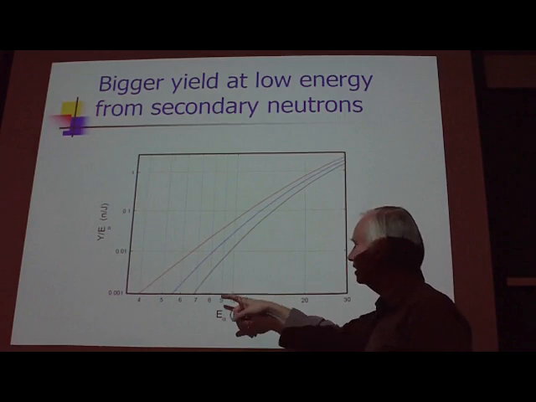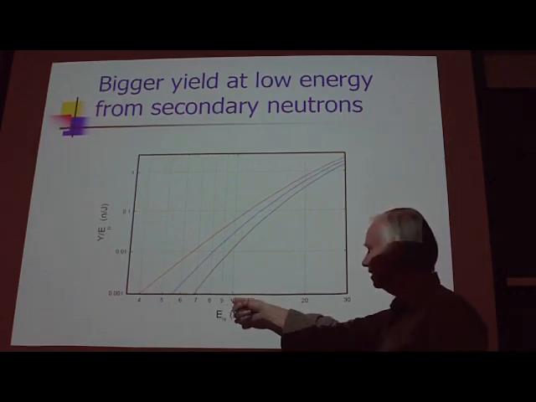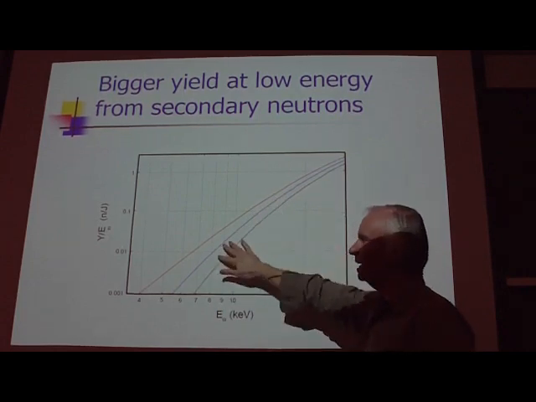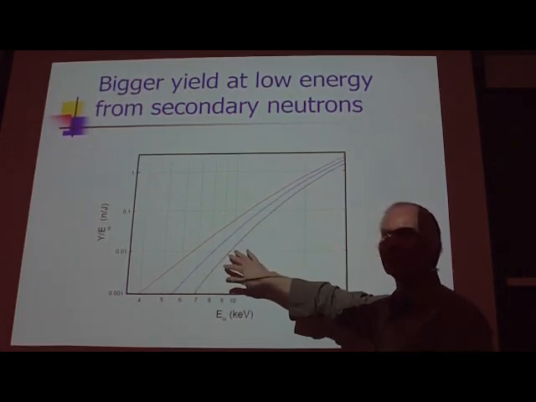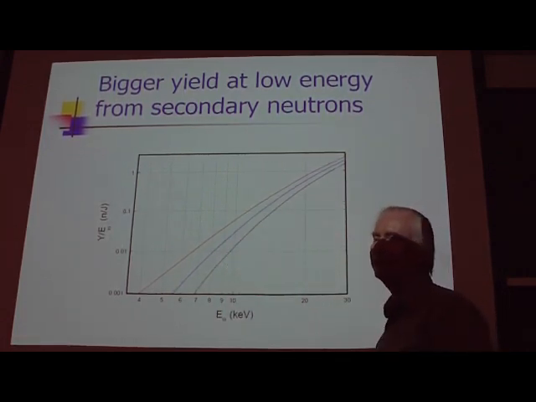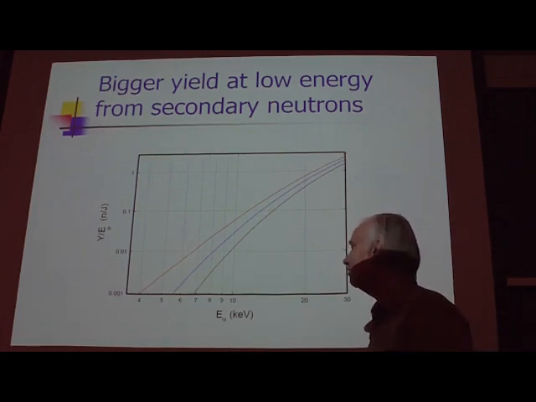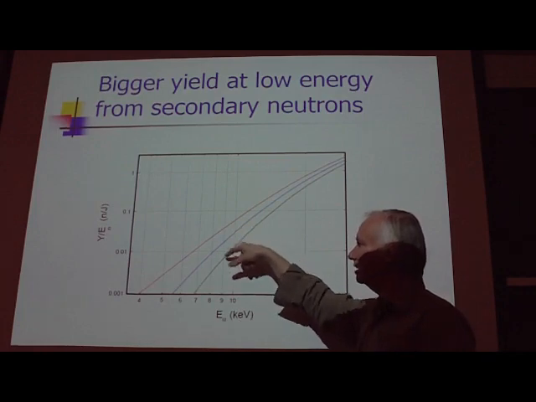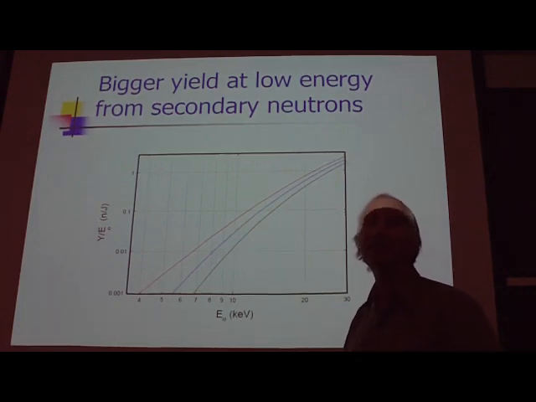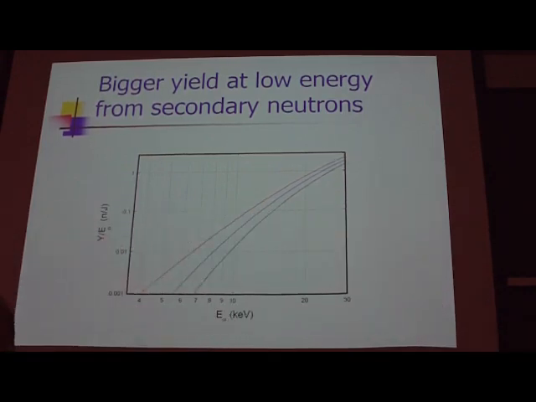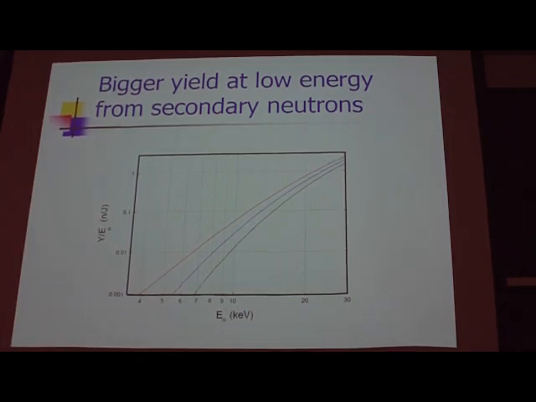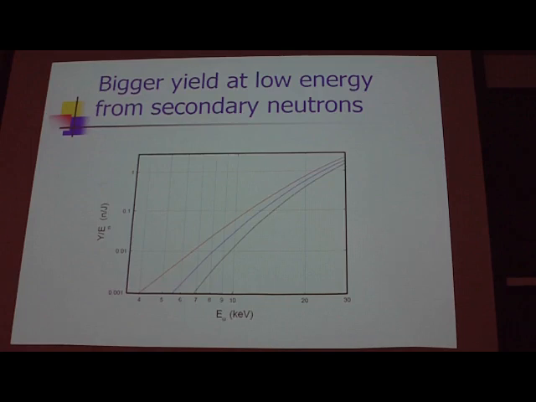So what you see is that in the range of 10 kilovolts, 20 kilovolts, if you get even 1 neutron per joule, then if the alpha particle has at least 10 keV, then you're going to get enough neutrons that you've got a chance to see. So as an alpha detector, palladium deuteride is superb.